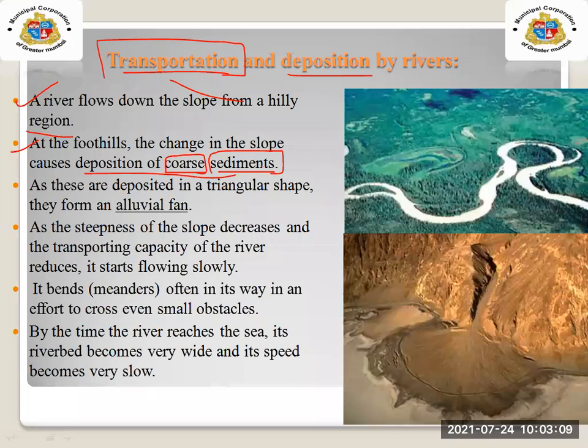Sediment is solid material that is moved and deposited in a new location. Why a new location? Because with the river, all the particles, all the sand, are moving along with the water. So sediments are solid materials that are moved and deposited in a new location. Sediments can consist of rocks, minerals, as well as the remains of plants and animals.